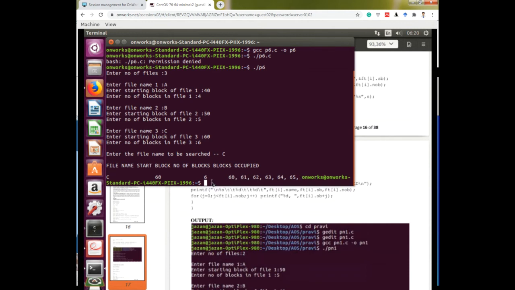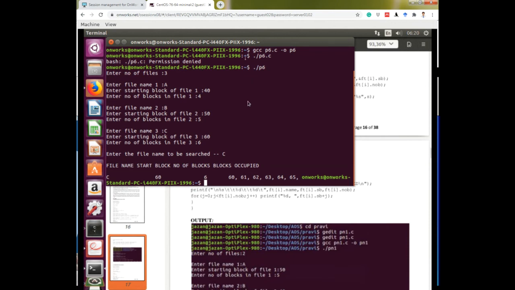Okay, students. So this is the program first to store the file, to store the blocks of the file, and after that if you want to search the file, it will show you how many blocks are present and what is the current location of those blocks in memory. Okay students, any problem in this? Understand?